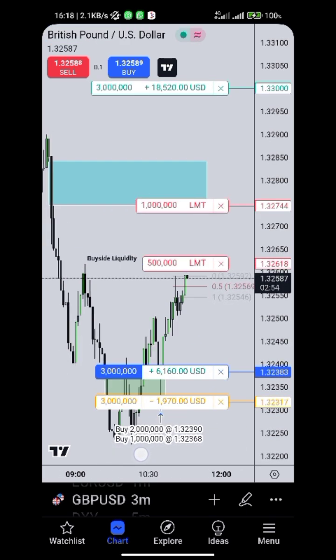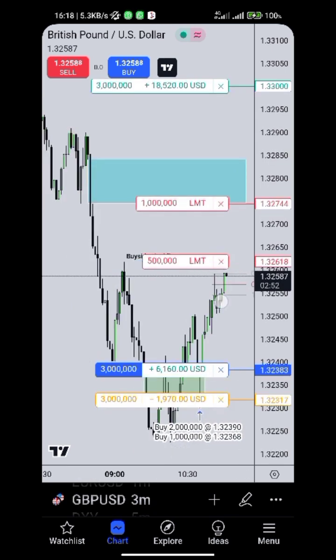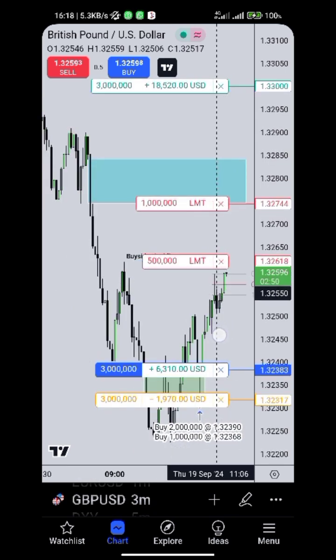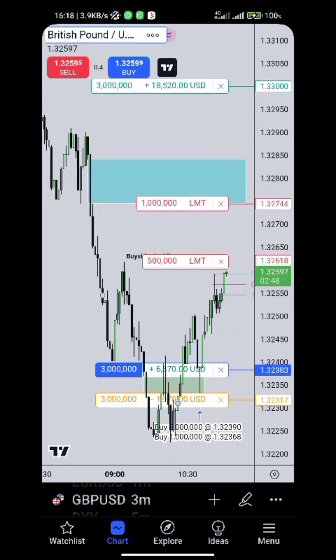I just say 570. So this candle might come to touch this down close candle, then run up. But now I'm confident that we'll really run out this high at